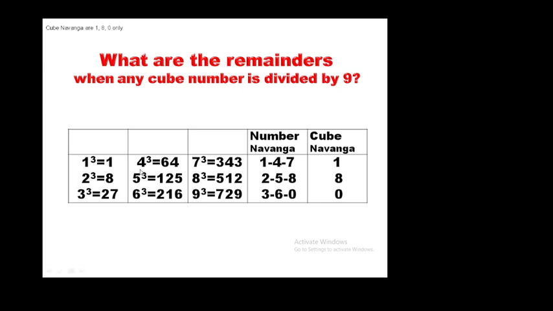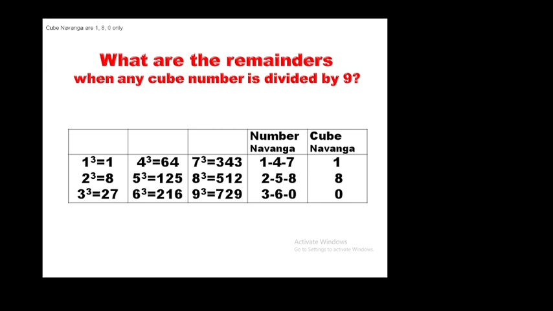So, instead of dividing by 9, I will tell you one shortcut technique. Just add the digits: 1 plus 2 plus 5, 8 is the remainder. You need not divide by 9. Just add the digits and you can find the remainder. 6 cube, 216. What is the remainder when you divide by 9? 0. Because 9. Right. Come to 7 cube. 7 into 7 into 7, 343. What is your remainder when you divide by 9?